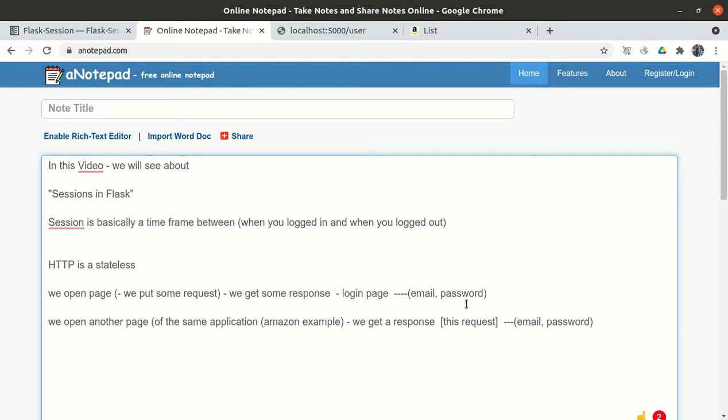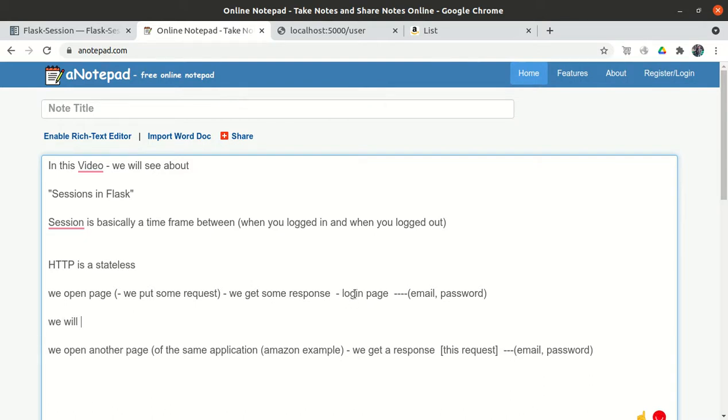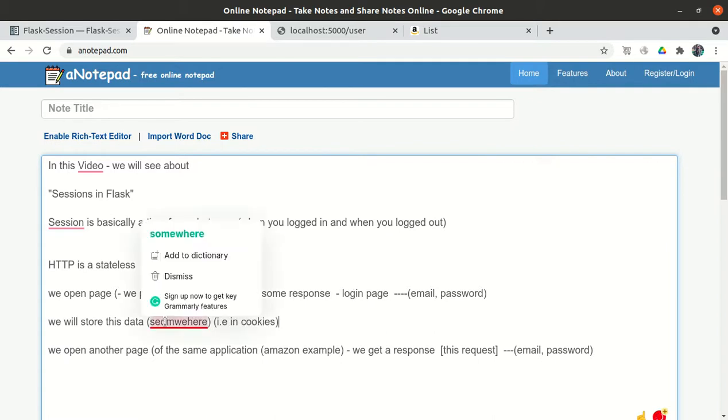What we actually do is, we get the data from the first request, and we store this data somewhere, that is in cookies, right?